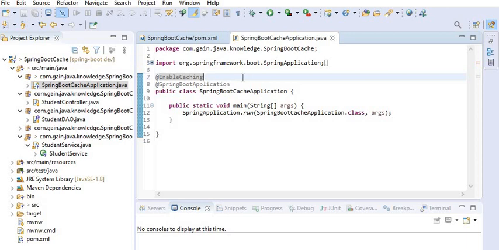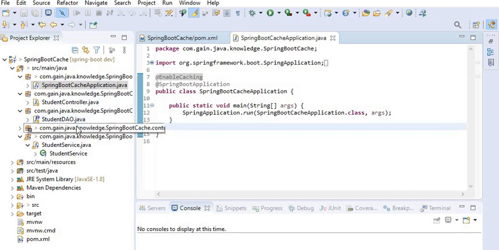It is a class level annotation, and we can enable caching in the Spring Boot application by using this annotation, and it is defined in the org.springframework.cache.annotation package.